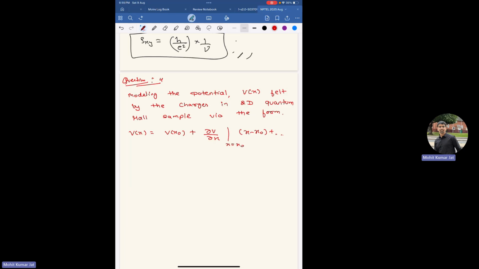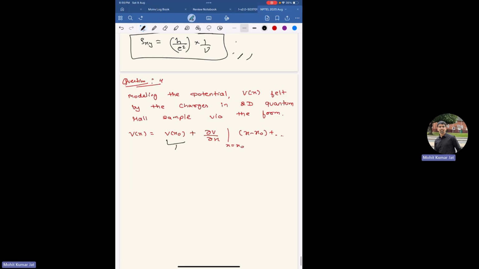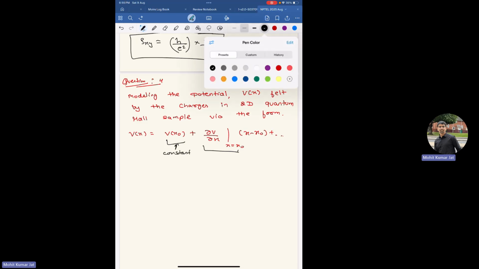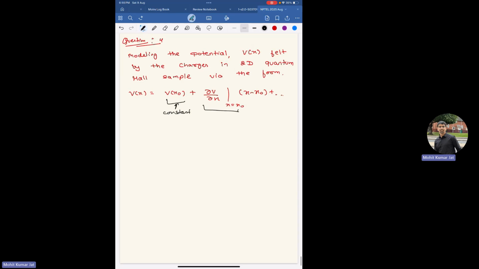With the first term, this is constant, and the second term is essentially the gradient denoting the sharp edges of the sample. And using this, we have to find out the conductivity of a single Landau level. So first, I will discuss the edge modes, what kind of edge modes are there, and then we'll come on to this problem. We will essentially solve it, and we'll determine the conductivity of these states. So I'll start from the very beginning. Solution.